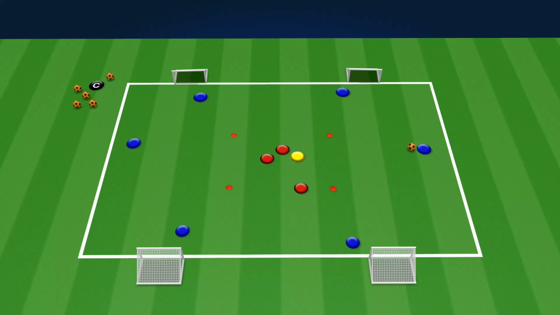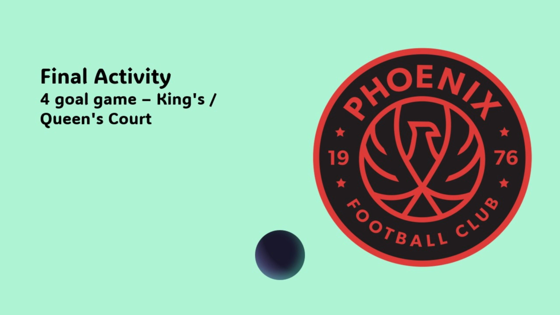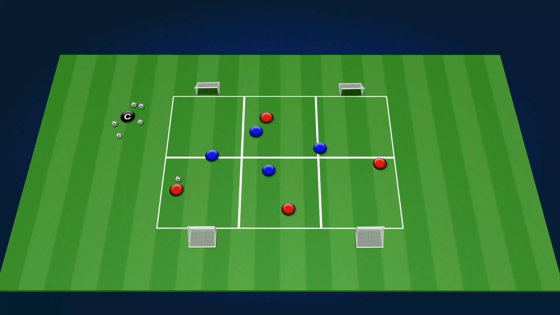maintain the flow. For the final exercise, we'll engage in a 4-goal game, which is a directional game, where teams are encouraged to apply everything they've learned about switching the play. The field is set up with 4 goals, 2 on either side of the field, and teams will attempt to move the ball from one side to the other to score, always looking for the open side in order to